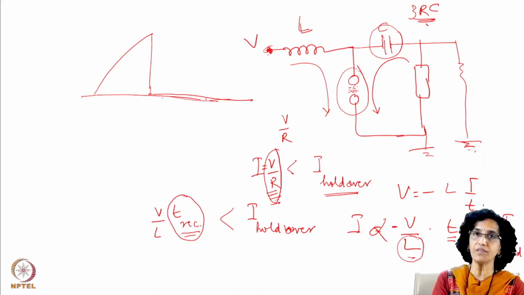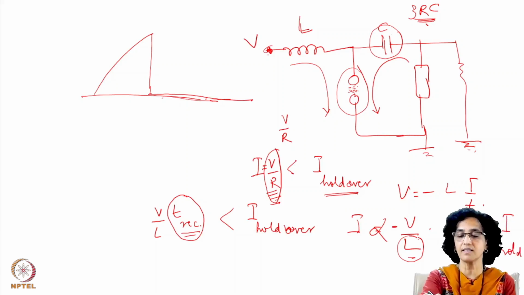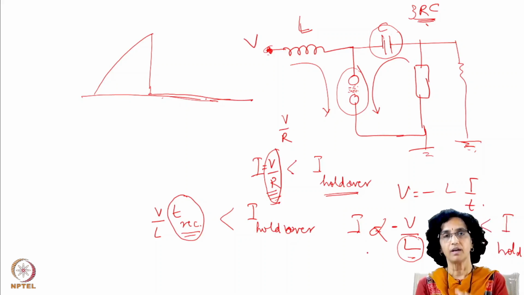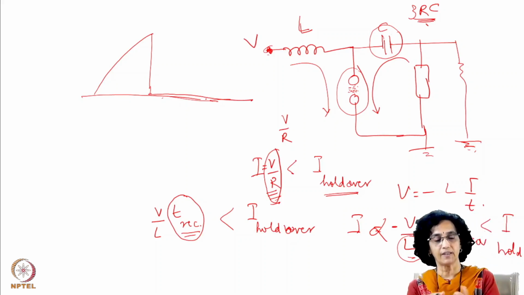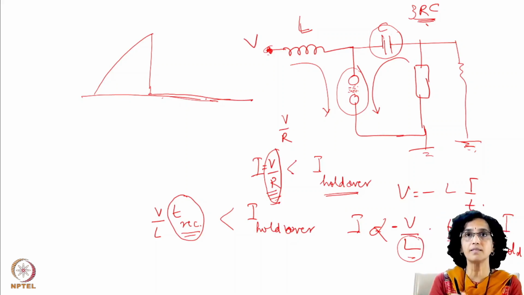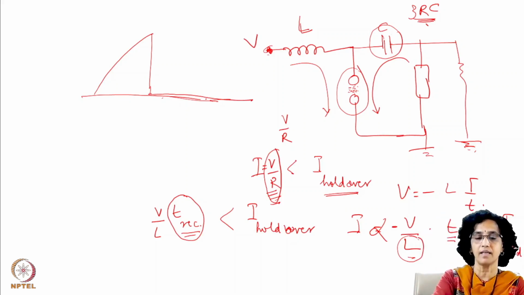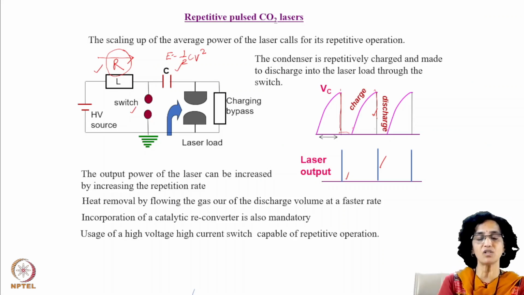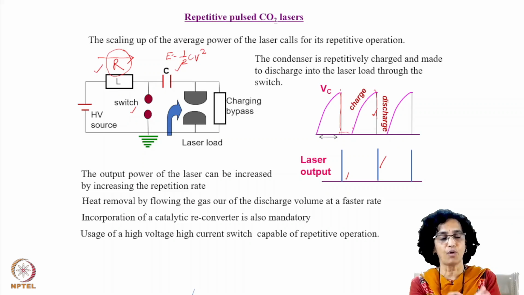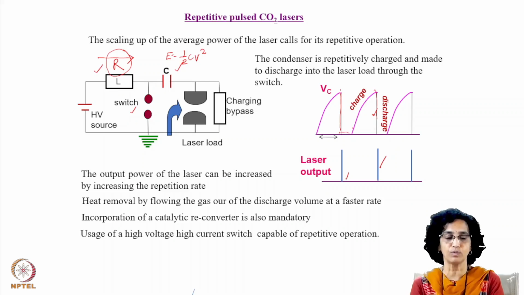Okay, so the advantage with inductance is that your current initially, immediately after the condenser discharges, is 0. So the repetition rate that can be obtained with inductance is much higher. Further, it is also not dissipated. So an inductance is normally made use of in place of a resistance in the pulsar circuits that are used for repetitive operation of any laser for that matter, and definitely for CO2 lasers as well.